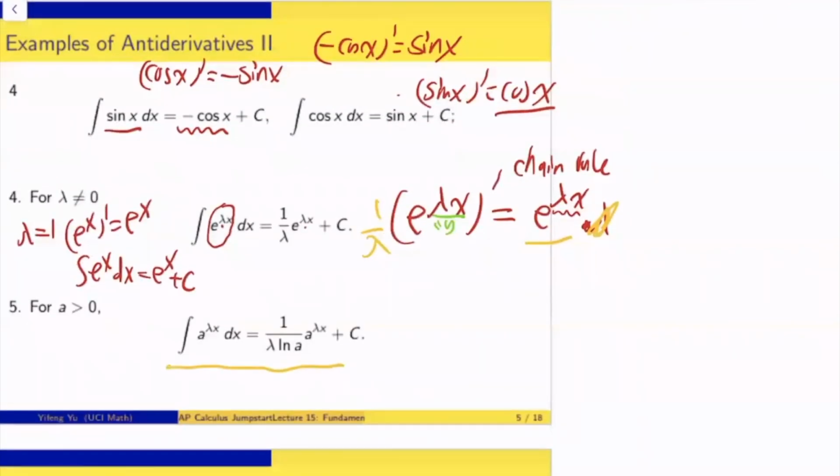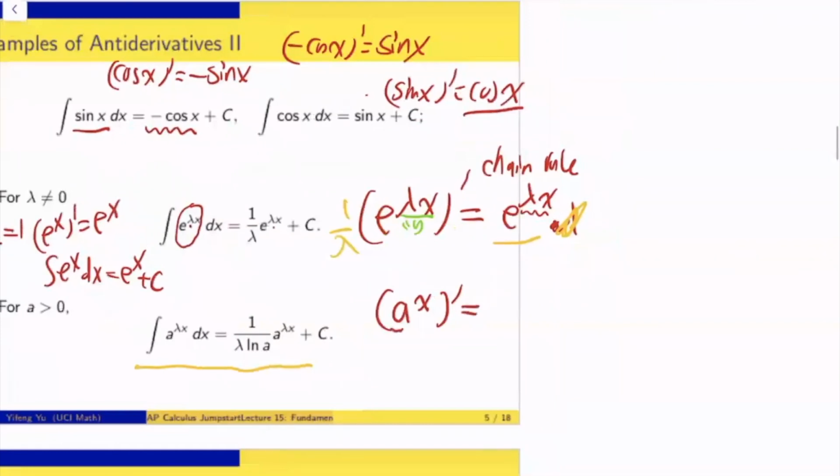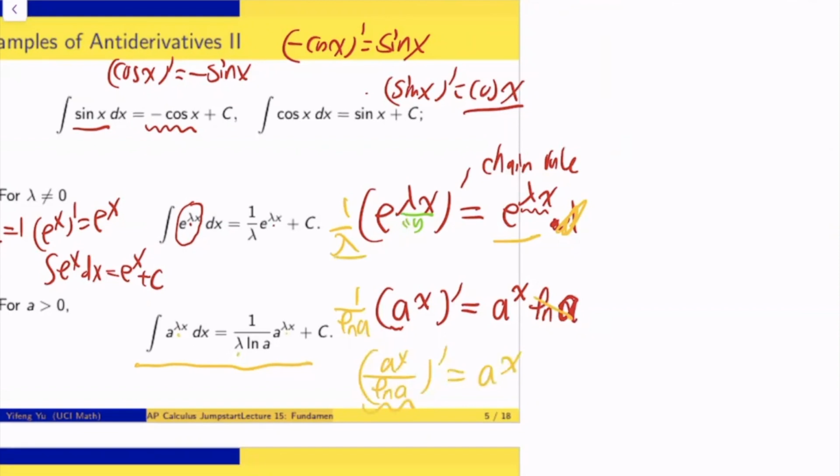And this one is similar. Recall that if a is positive, what's the derivative of the exponential function when the base is a? In general, we know it's a^x times the log of a. So if you divide by log a on both sides, then you get the derivative of a^x over log a equals a^x. So that's why you get this antiderivative. Now, if you add an extra lambda, then apply the chain rule, it's the same thing. All right, so the point is we just recall those derivative functions we found in the past,